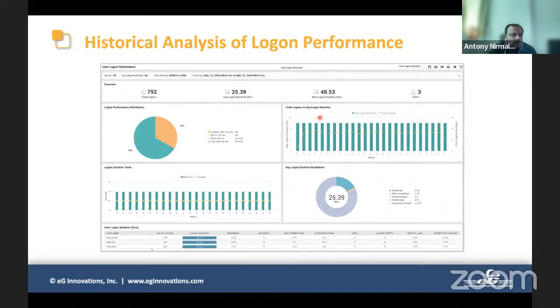Again, what is the max logon duration? If the logon is high, then which step in the logon took time, the trend, right? So you have different blocks which is showing the logon performance over time. Again, you can compare the logons, like the duration, right? Whenever the logon is high, whether the duration is getting increased or not, that also you can